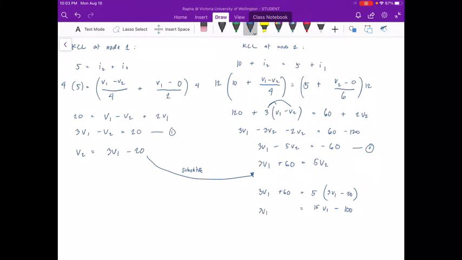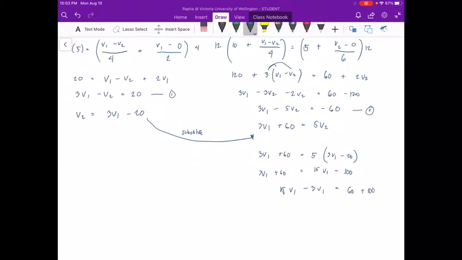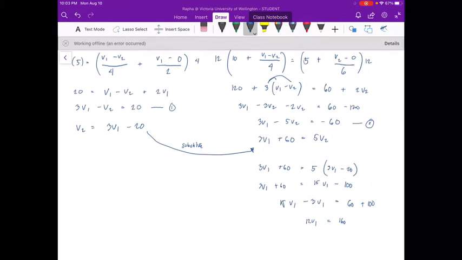And copying other terms, we have 15V1 minus 3V1 is equal to 60 plus 100. 15 minus 3, we have 12. V1 is equal to 160. 160 divided by 12, we have V1 is equal to